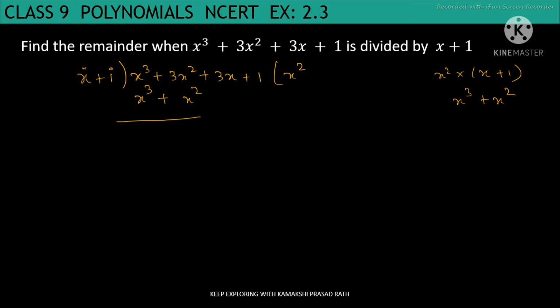Now after this we'll subtract as we do in our division process. Here let's subtract it. So whenever you subtract, remember the sign gets opposite. So minus of plus becomes minus and minus of plus becomes minus. Just you have to change the sign. This is the important part. So whenever you are subtracting, just change this sign and put it. Here x cubed and minus x cubed get cancelled.